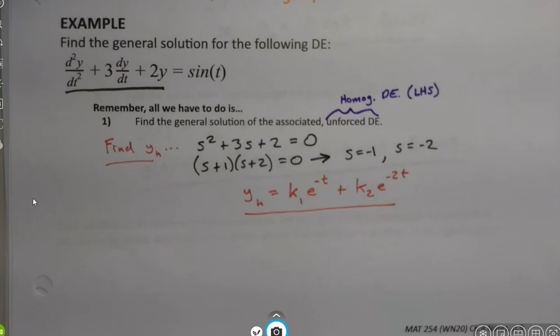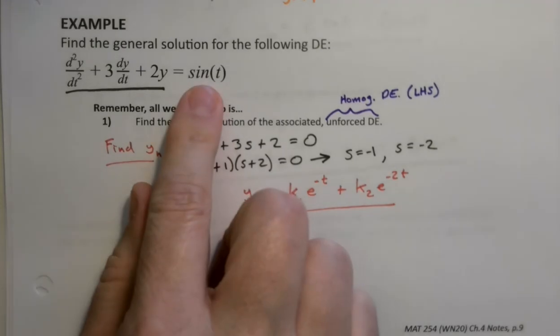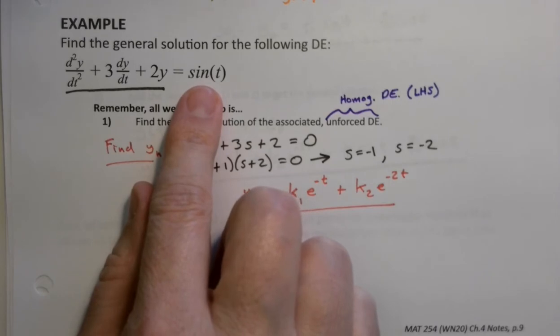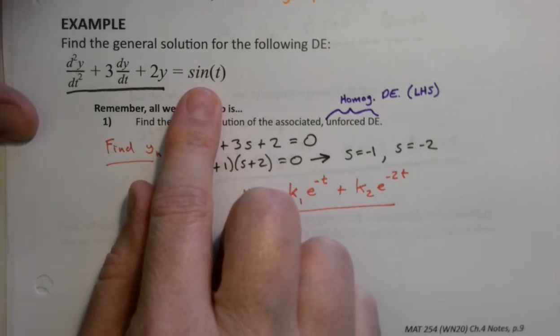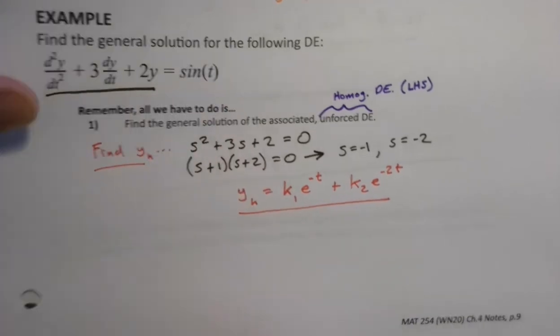Okay, so we're going to take a look at the second part of this first example. The first example kind of sets us up. It gives us a chance to see what happens when we have a forcing function that's a trigonometric function, a periodic forcing function. But it also allows us to broach an interesting topic that comes up afterwards, because that sine is really part of a larger story that we've run into before in the way of our old